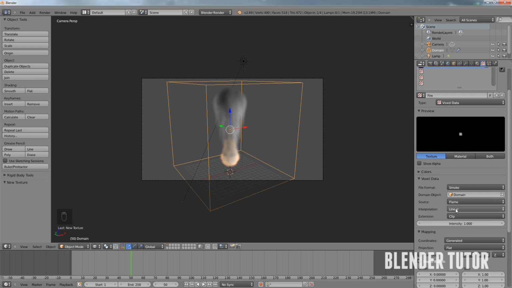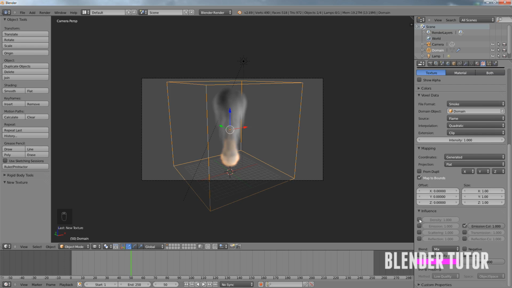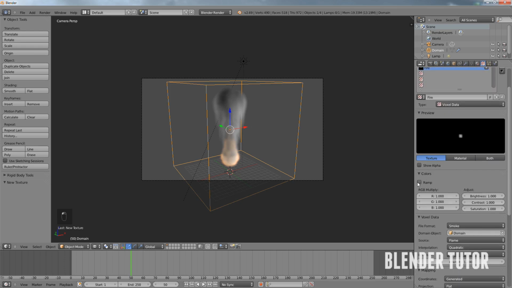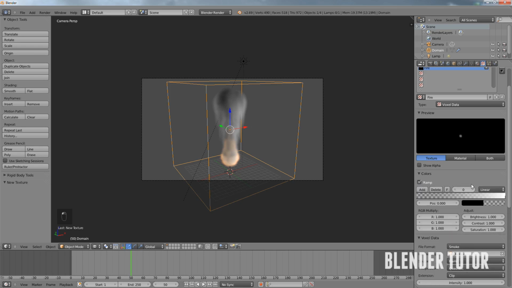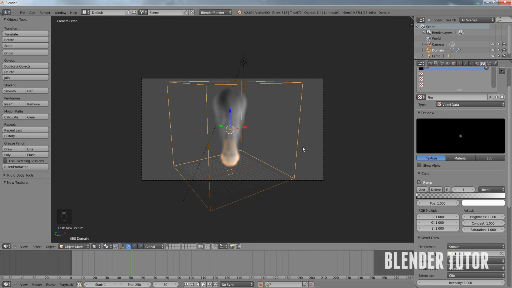But now, for source, instead of smoke, we're going to set it to flame. And then for interpolation, I change it to quadratic instead of linear. Kind of softens. It's hard to tell because there's barely anything here right now, but it kind of softens the look. And for the fire texture, we're going to want it to influence the density, the emission value, and then the emission color. All three of them. But one more thing we're going to do is we're going to add a color ramp, and that's going to allow us to